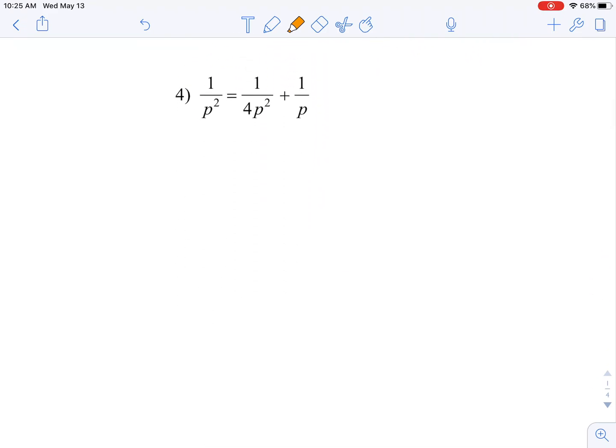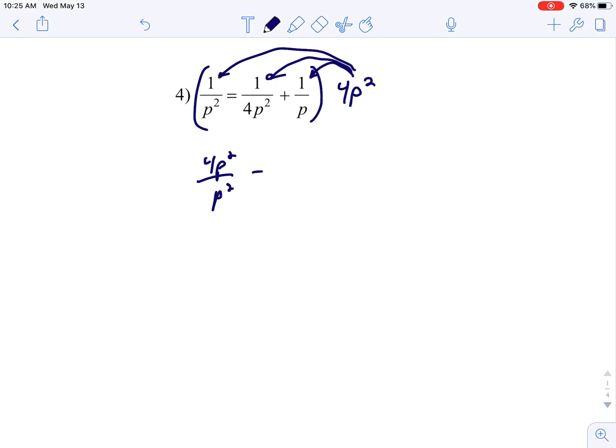All right, number 4. So what's the common denominator for p squared, 4p, and p? Remember, the common denominator has to have all the terms in it. So here, what would contain all of the terms is 4p squared. So that is what I have to distribute into this whole equation. So I get 4p squared times 1 is 4p squared. 4p squared times 1 is, oops, that's the equal sign, 4p squared. And then distribute here, plus 4p squared times 1 is 4p squared